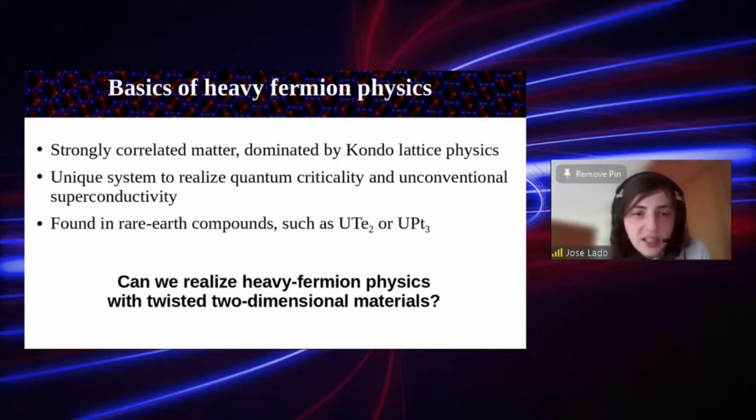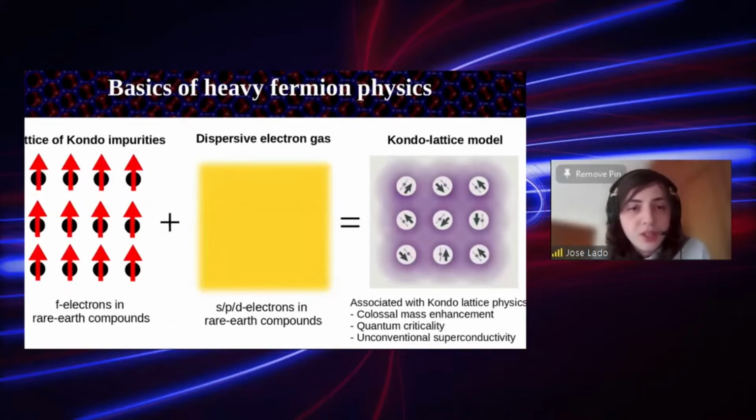From the, let's say, recipe point of view, the way of creating heavy fermions is actually not so exotic. In short, we essentially need two different ingredients. We need a lattice of localized magnetic moments, and then we need a two-dimensional dispersive gas. And if we combine these two ingredients together on the right footing, having the right Kondo exchange and the right